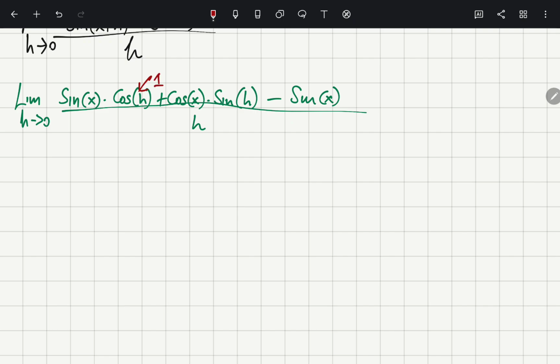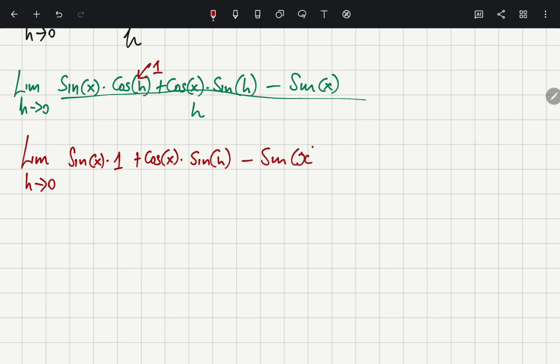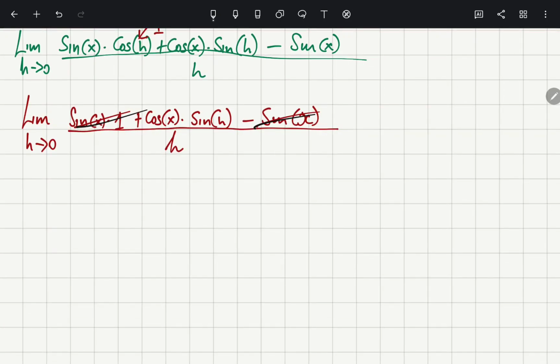So we get the limit as h approaches 0 of sine x times 1, plus cos x times sine h, minus sine x, all divided by h. So that's just sine x, which cancels out, and we're left with